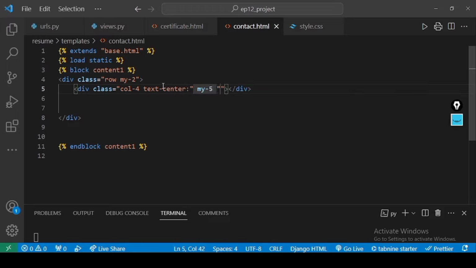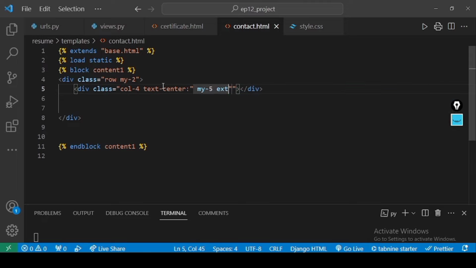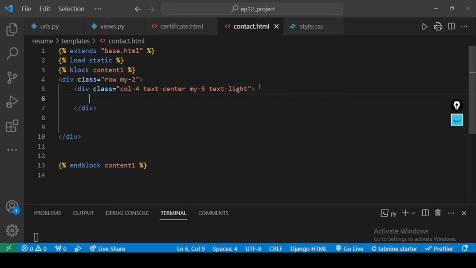From top, I will give margin, white color. So we have created one on the left hand side, the column. Inside that, suppose I want to show stay connected,